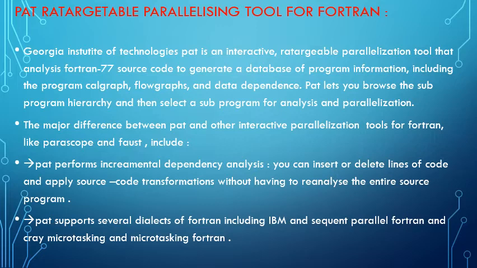You remove loop-carried dependencies via a series of source code transformations, including alignment and replication, or you can protect loop-carried dependencies via explicit serialization calls. The major differences between PAT and other interactive parallel tools for Fortran like ParaScope and FAST include